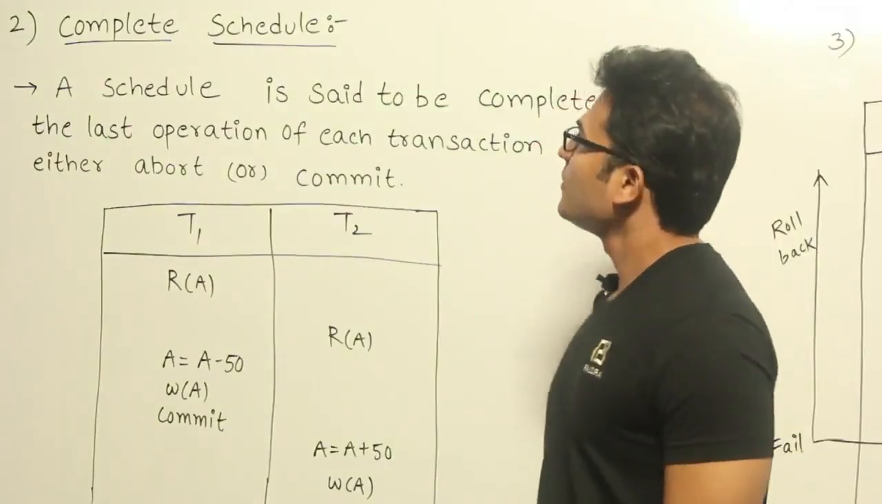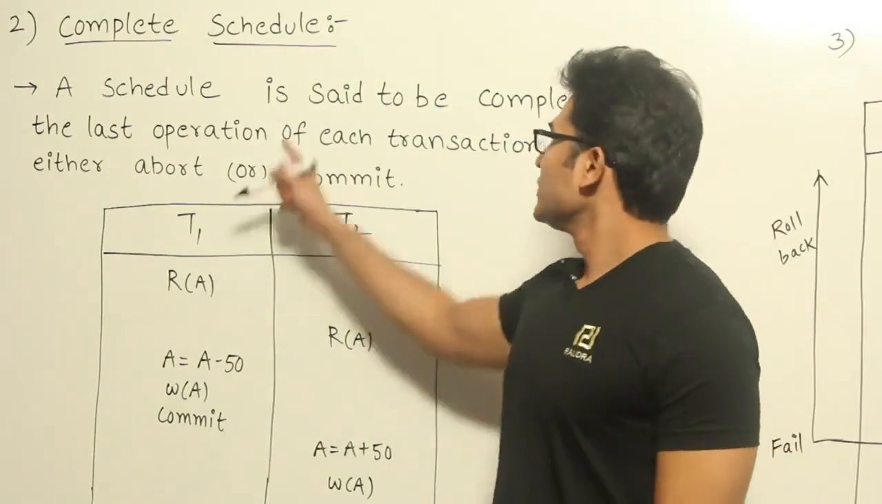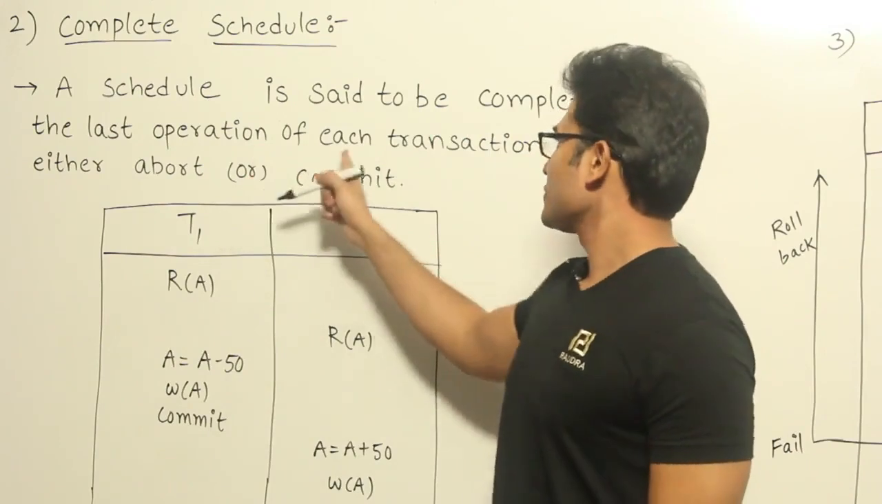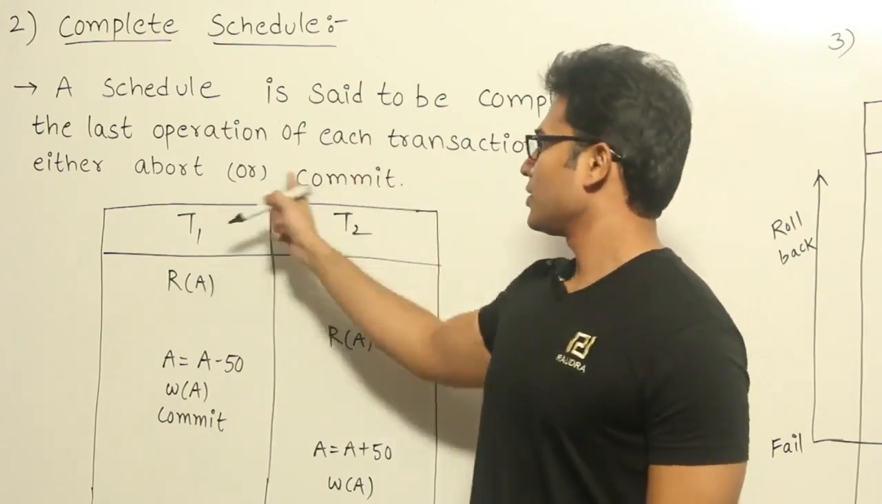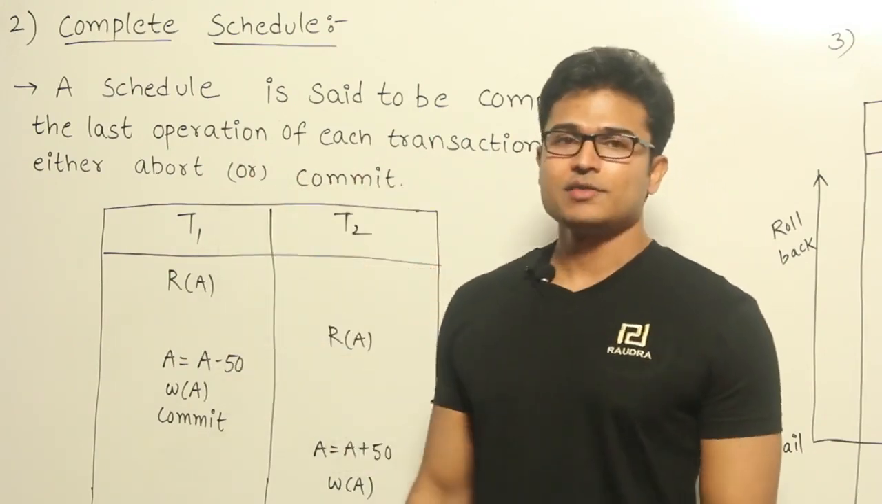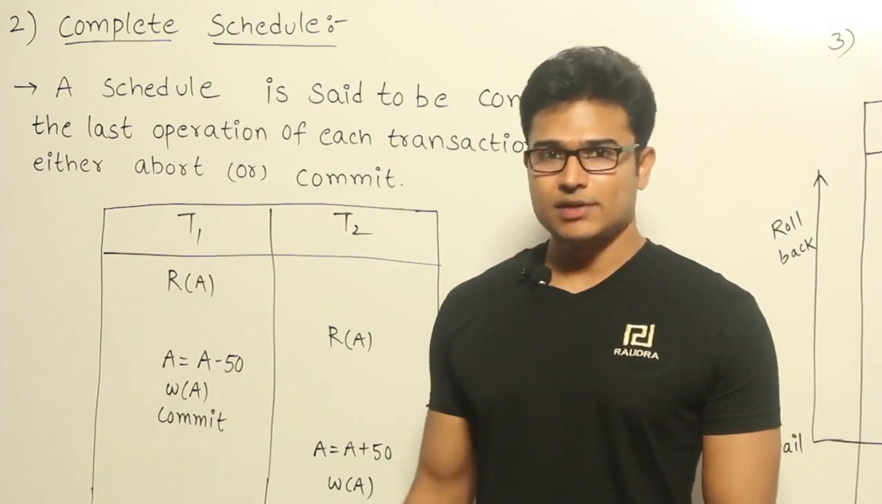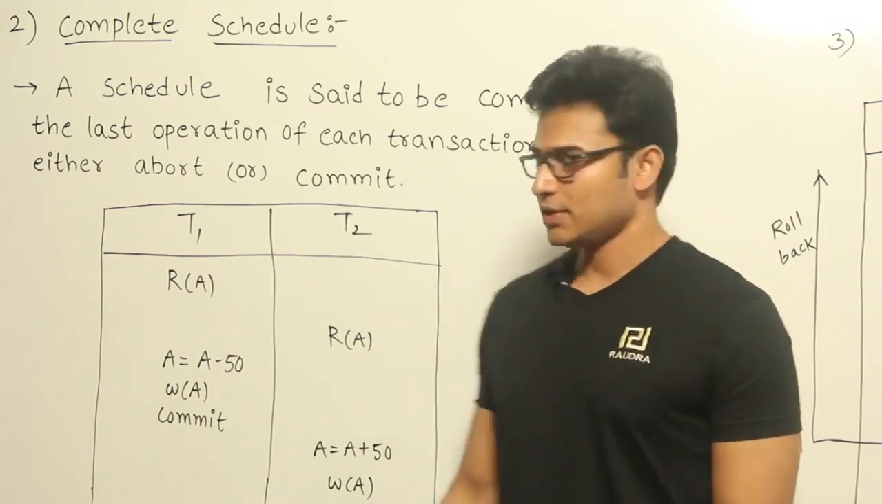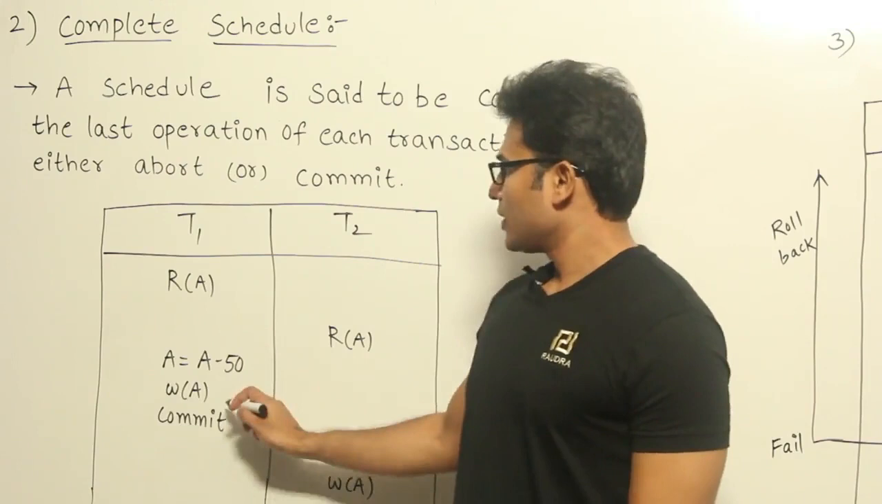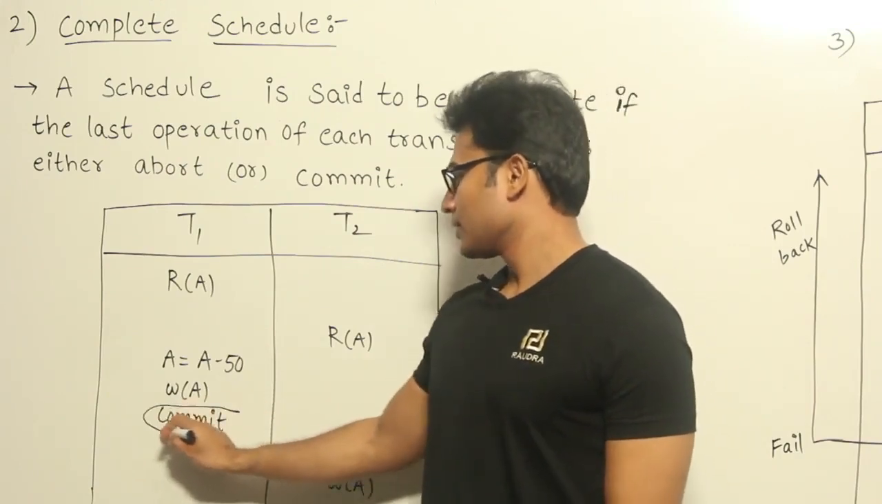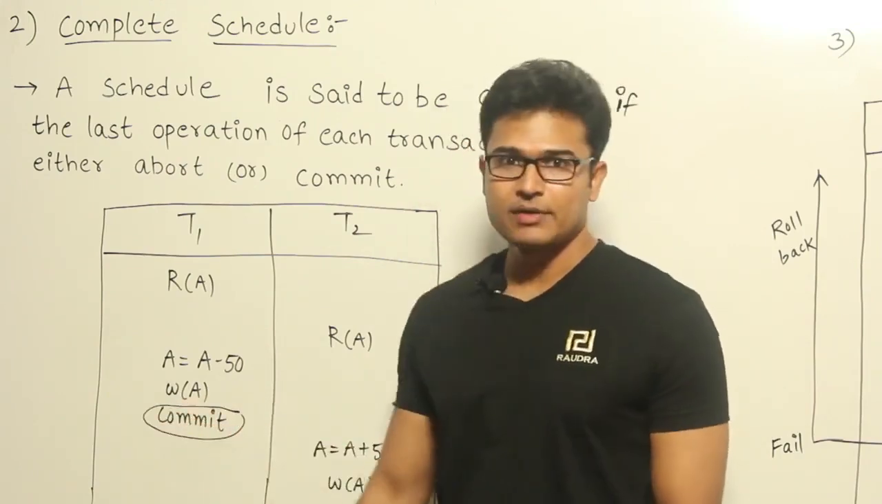Now let's see what a complete schedule is. A schedule is said to be complete if the last operation of each transaction is either abort or commit. So what is the meaning of it? Till now we didn't see what is abort and what is commit. I'll just explain you. Whenever a transaction is saying that the last statement is commit, and if you are